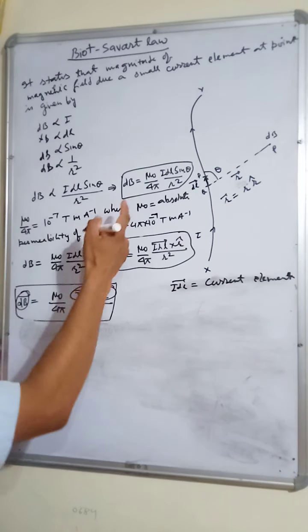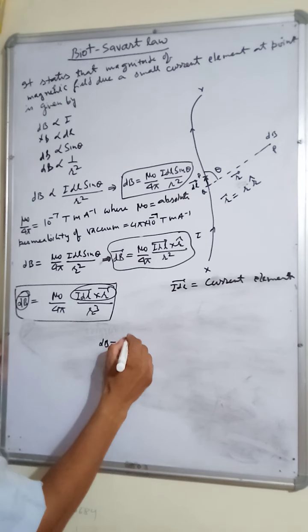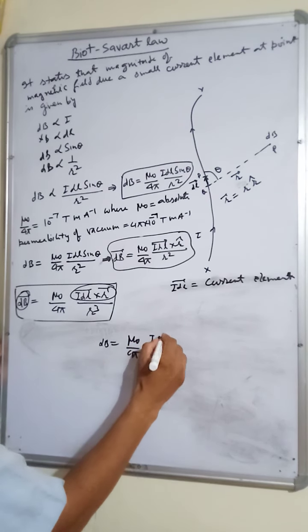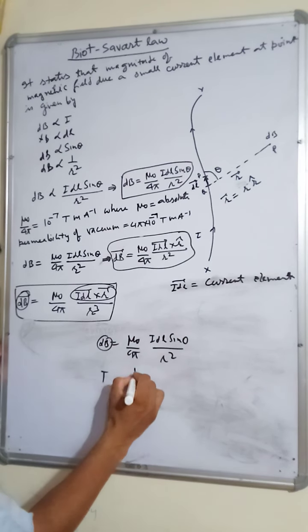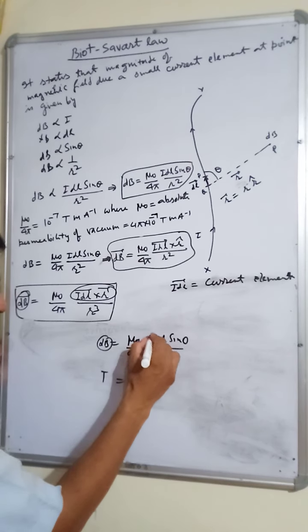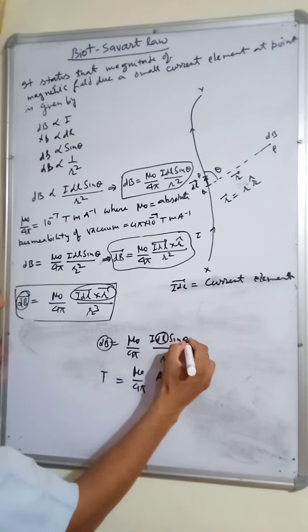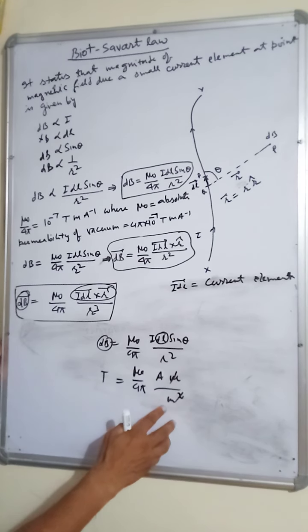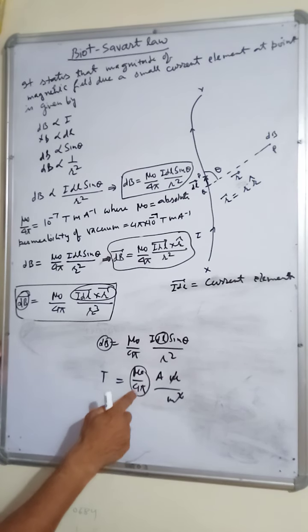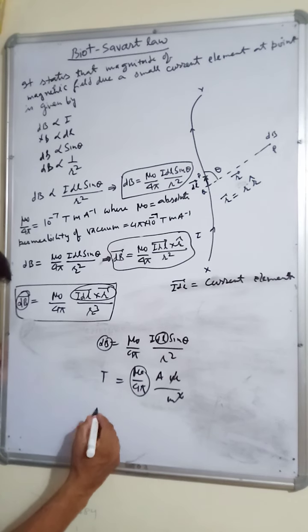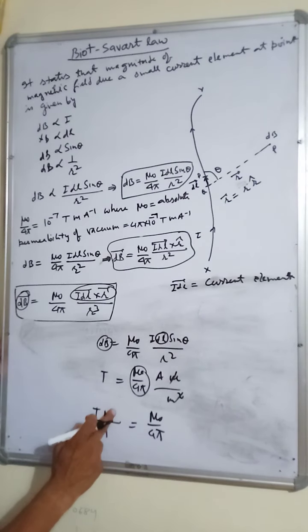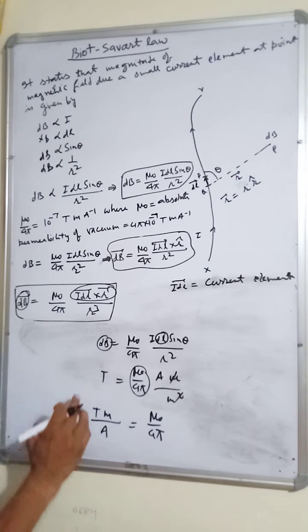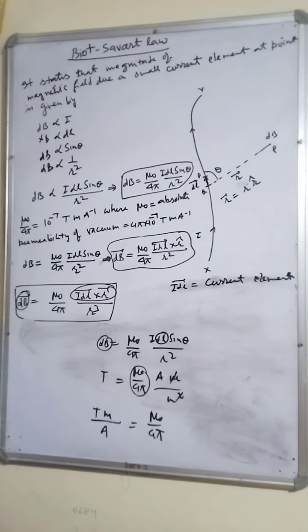But one important thing is the unit of mu naught. Here we have dB equals mu naught over 4 pi Idl sine theta over r square. Its unit is Tesla. We don't know the unit of mu naught over 4 pi. The unit of I is ampere, the unit of dl is meter, sine theta has no unit, and r square is meter square. Meter square and meter square cancel. So what will be the unit of mu naught over 4 pi? Tesla, you take it here, Tesla, this meter will go here, and ampere will go to the denominator, so mu naught over 4 pi is Tesla meter ampere minus 1. Since 4 pi has no unit, mu naught will also have the same unit as mu naught over 4 pi, right?